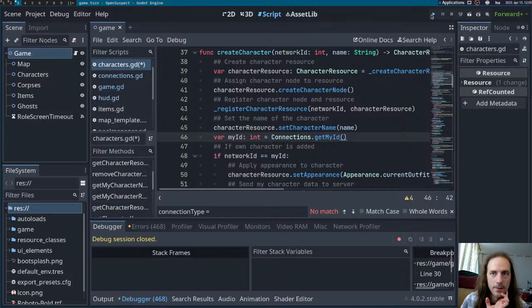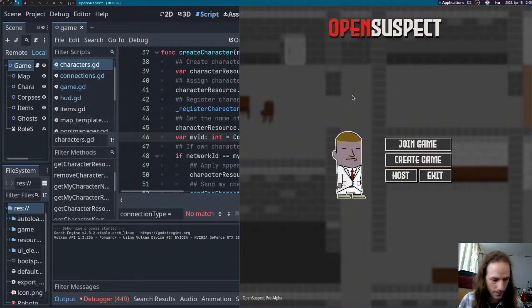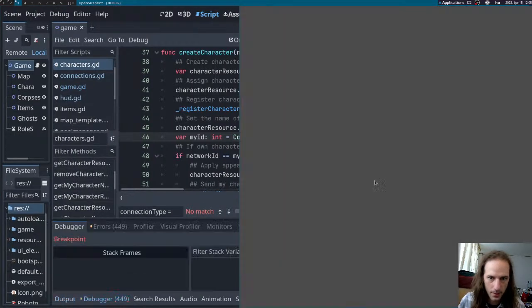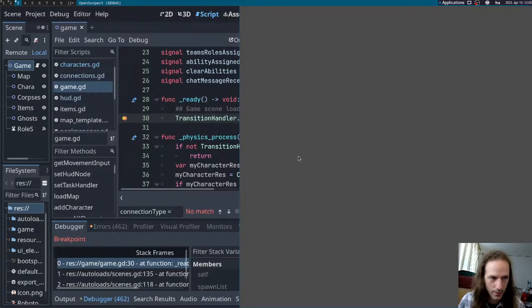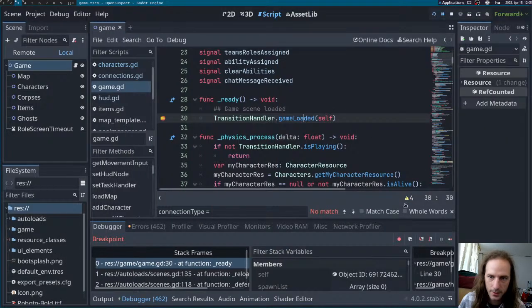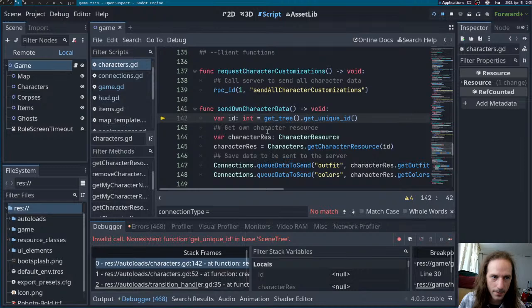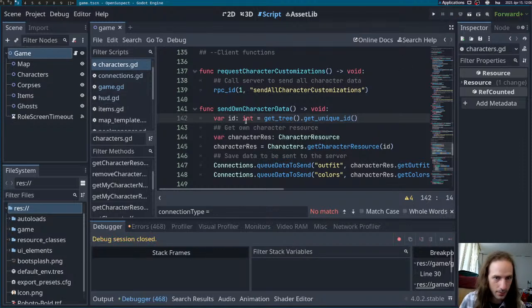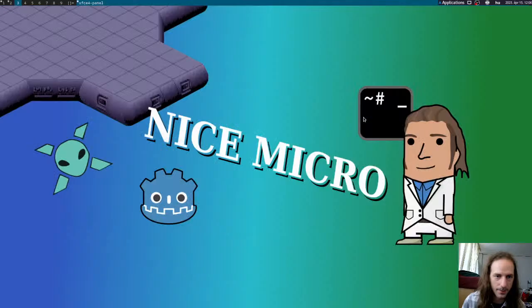Let's run again. Now breakpoint. Let's move forward. There is also get_tree get_unique_id. Okay, so what I need to do actually, hold on, and this string has to be